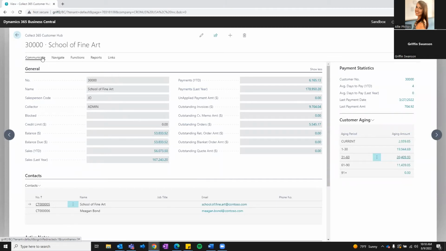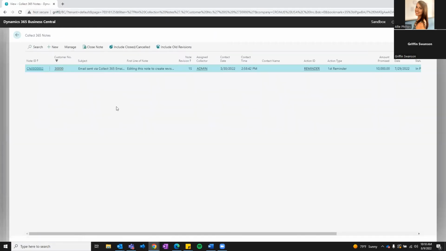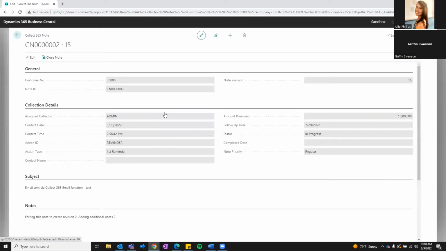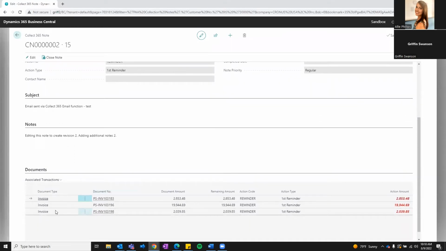So up here at the top left-hand corner, you have the ability to communicate directly to this customer by sending them an email or creating notes for that particular customer. So let's go ahead and create a note here. Now I notice I have one note open right now for this customer. What I can do is I can always drill into this note here and review those details and see where they're at, as well as the